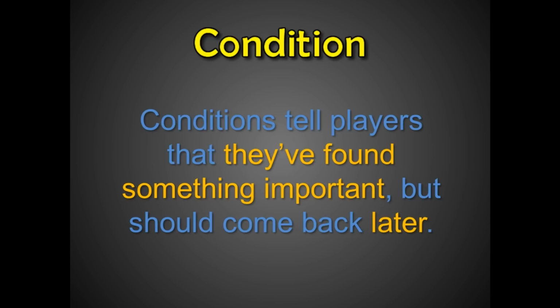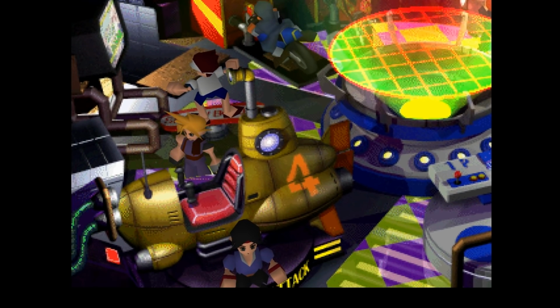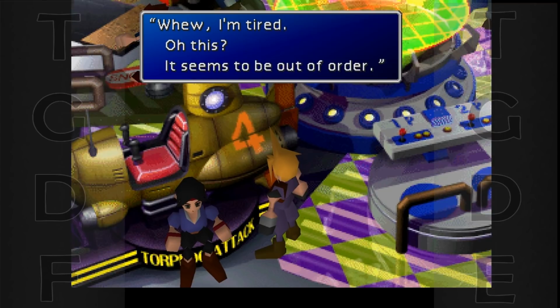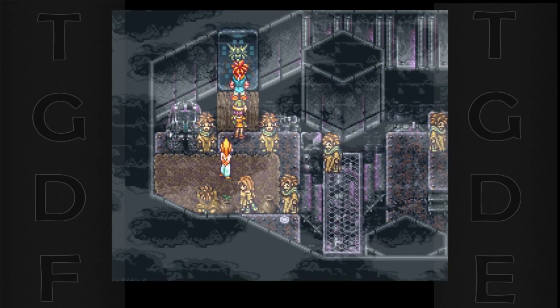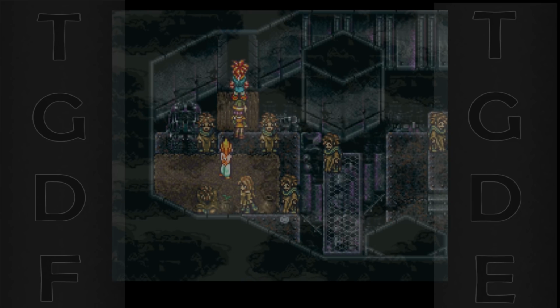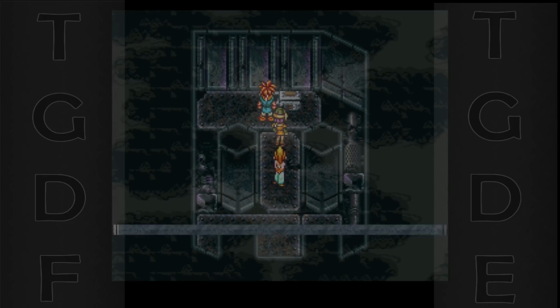Conditions tell the player that they found something important, some part of the game that will become interactive, but they also tell the player that they'll have to come back to that object later. At their best, conditions are a great way to build up excitement for something that comes later in the game. These sealed boxes and sealed doors in Chrono Trigger are my favorite example of this. Not only do NPCs talk about them in more than one era, but when the player can finally open them, the payoff is absolutely enormous. Much of the game's best equipment can be found behind one of these seals.